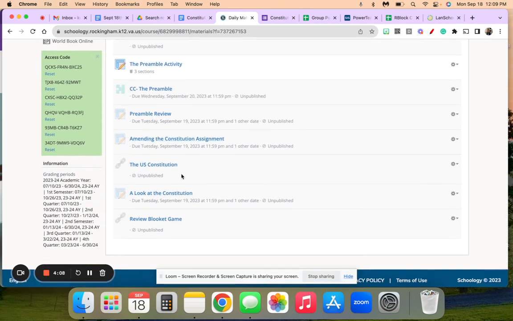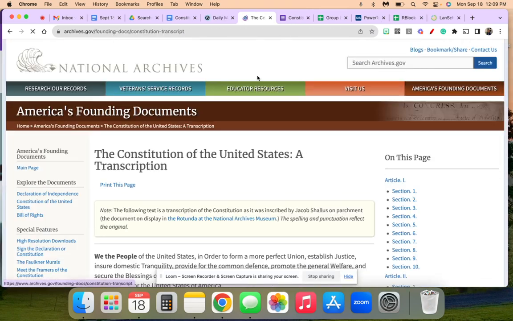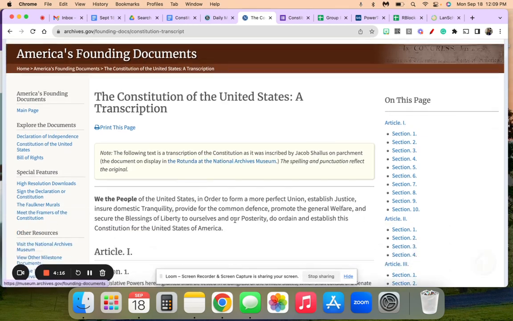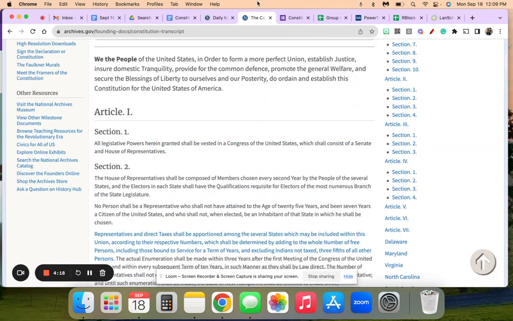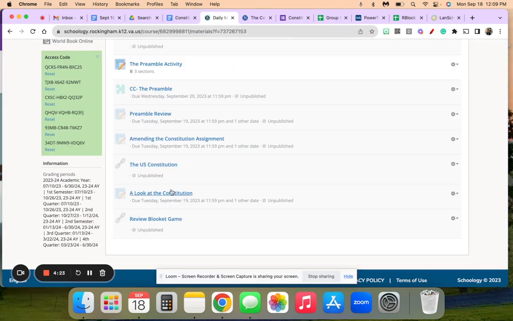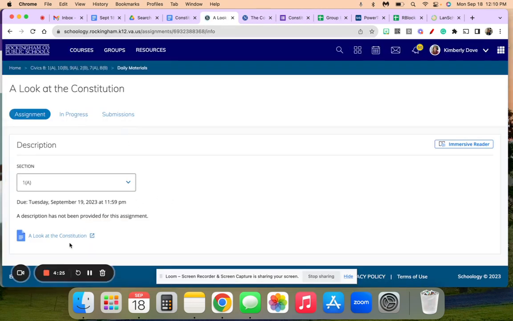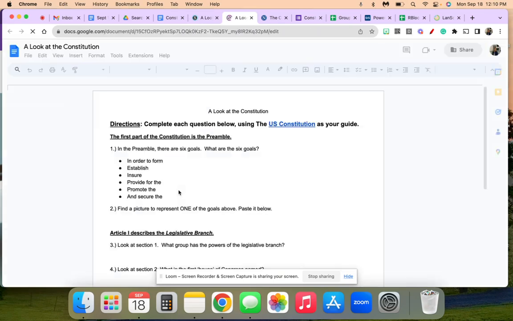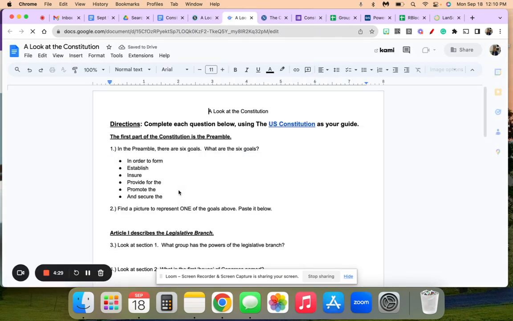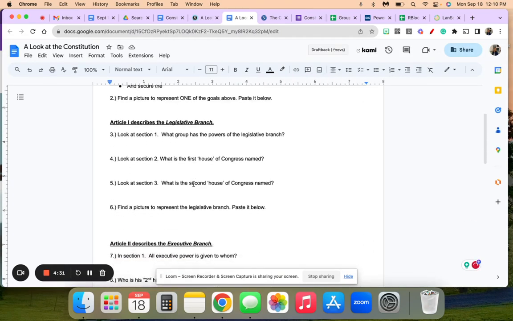Once you finish that, you are going to open the U.S. Constitution, which is actually a transcript of the U.S. Constitution, kind of like we used the Declaration of Independence. And you are going to be participating in a scavenger hunt related to the Constitution.